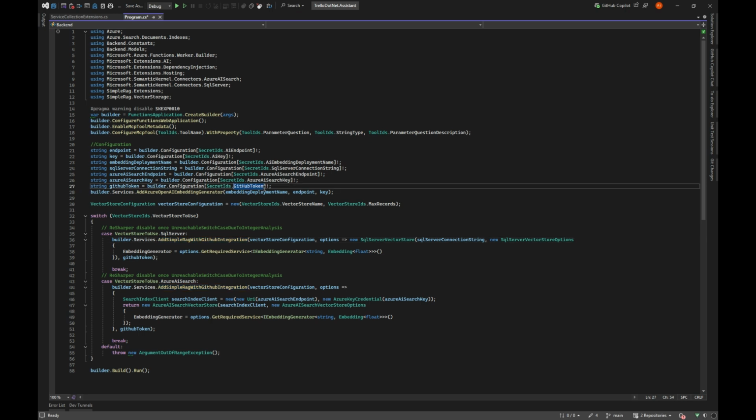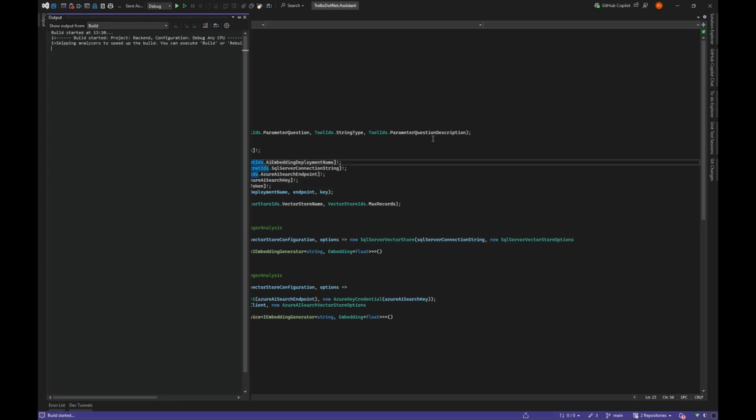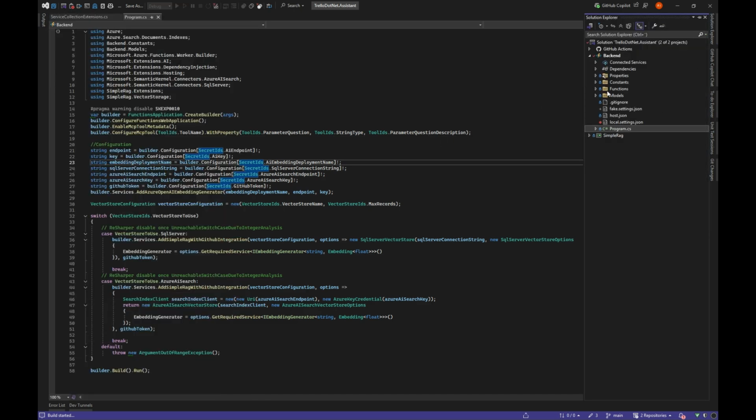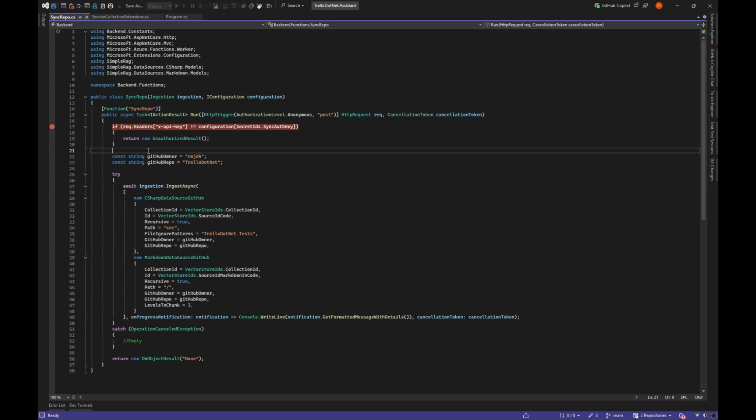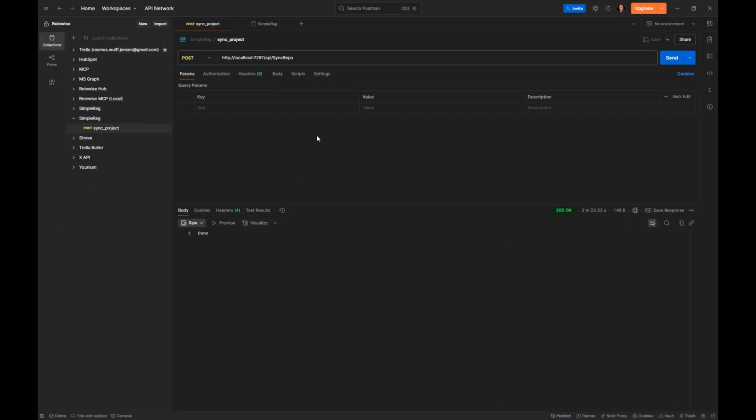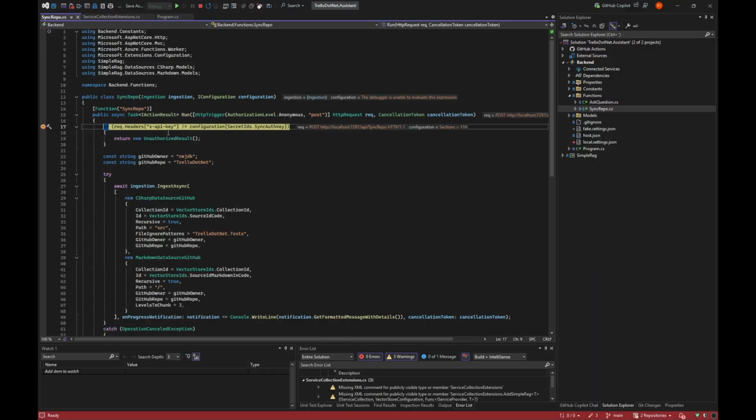Whenever we start this code, and in my case the code is running as an Azure function, in order to kick this off we're going to set a breakpoint here, and go into Postman and start it out. Once we do that, we hit our breakpoint. What it does here is just check, hey, is the API key sent along the same as the one I want? So only I should be able to sync the repo. And in this case, it is.